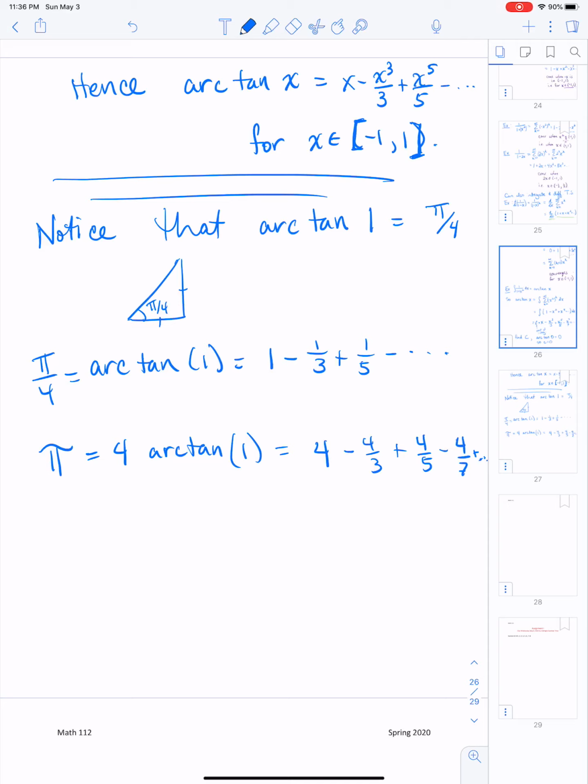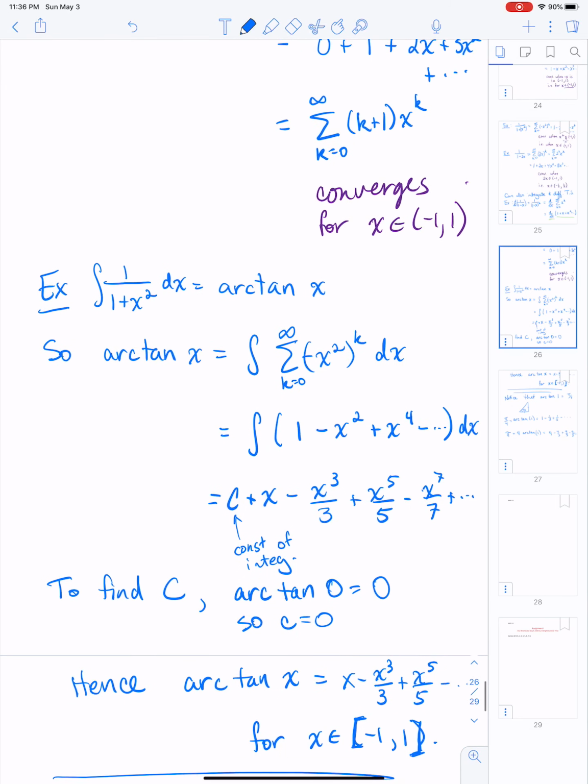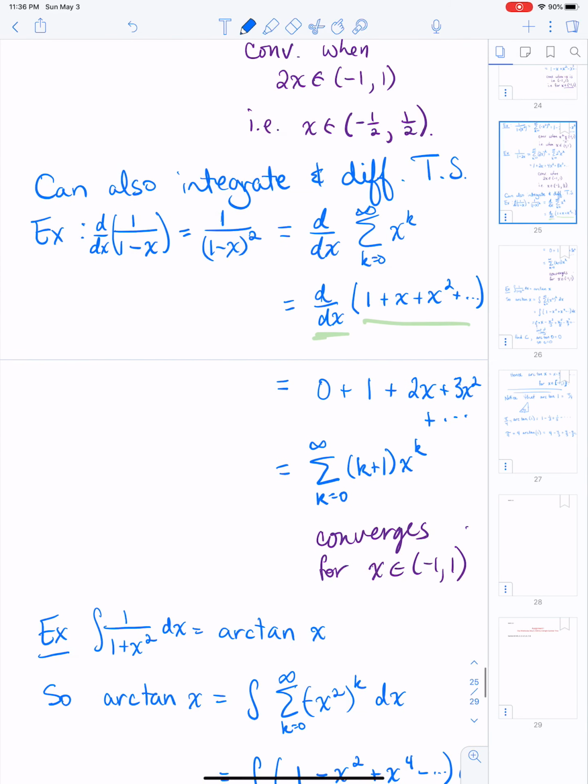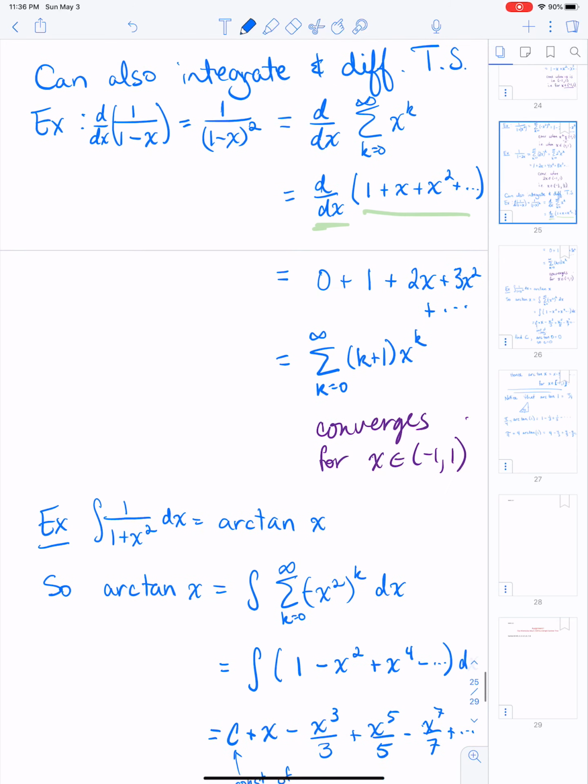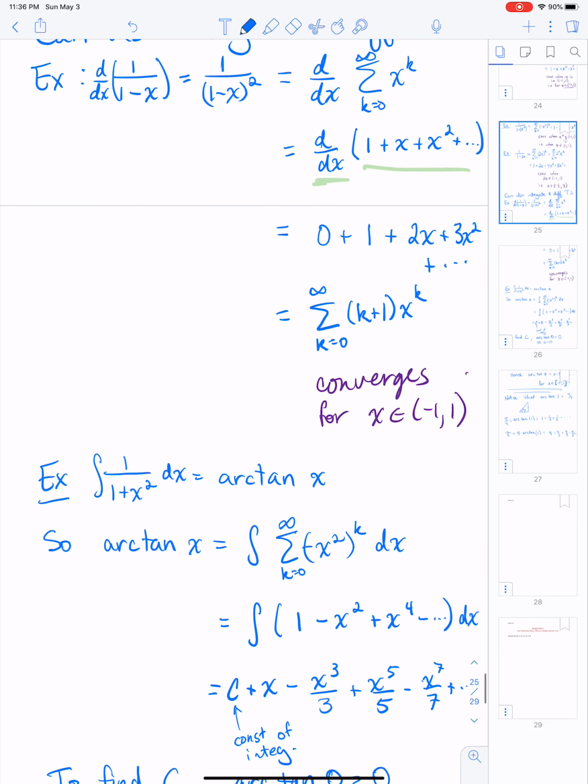So I just want to conclude with a brief example. And I guess before I do that, I'll just make a comment that when you do find a Taylor series from integration or differentiation, you should check explicitly the endpoints of the intervals that you get to verify the convergence of the Taylor series. And so for the one that we have here where we differentiated, this does converge for